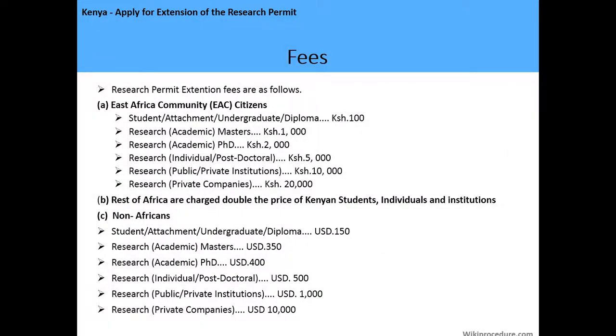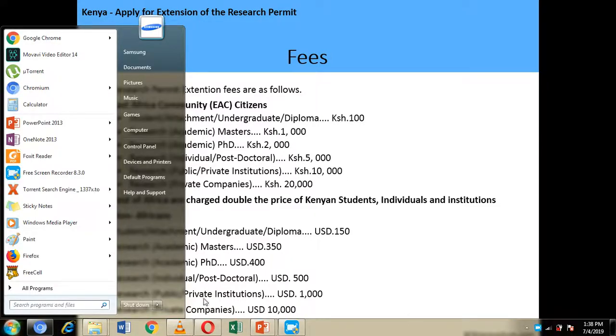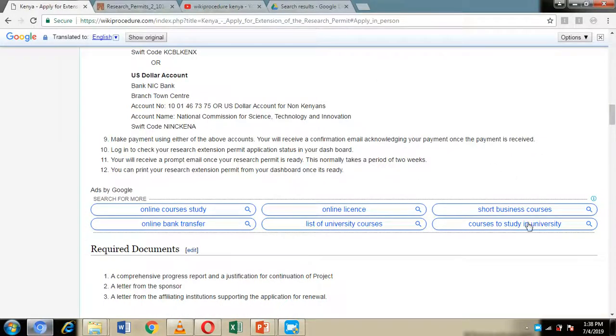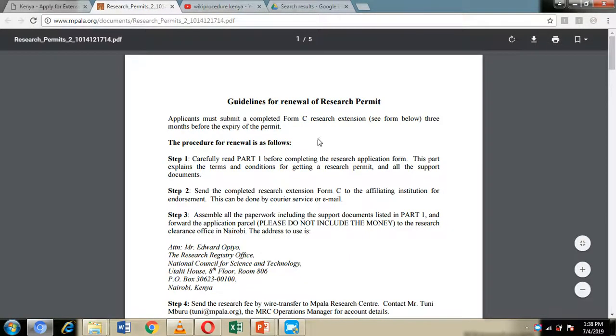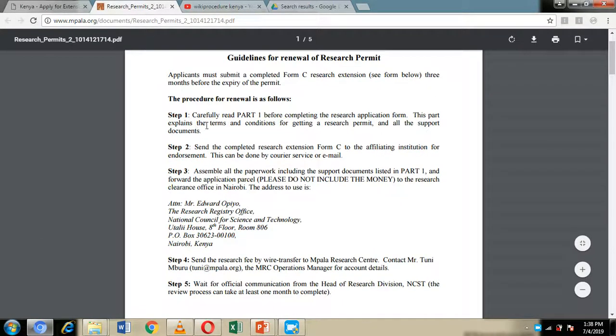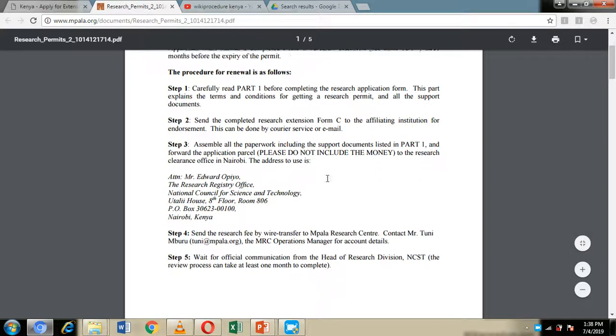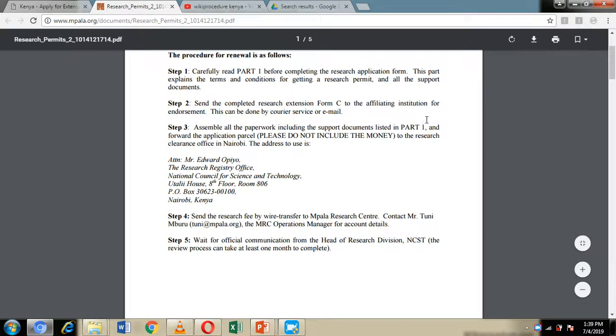So let's go and take a look at how you are supposed to fill the application documents. I've taken the liberty to download it. So the guidelines to renewal, you have already gone through this. You are supposed to read the instructions, complete the form, and send it to the affiliating institution for endorsement. Assemble all the paperwork and send it to the registry,